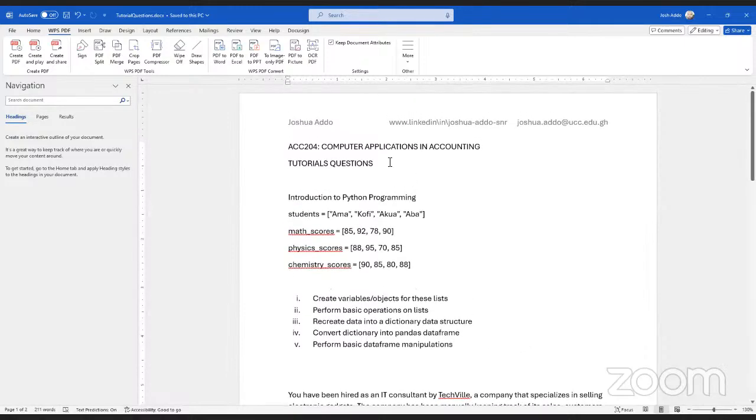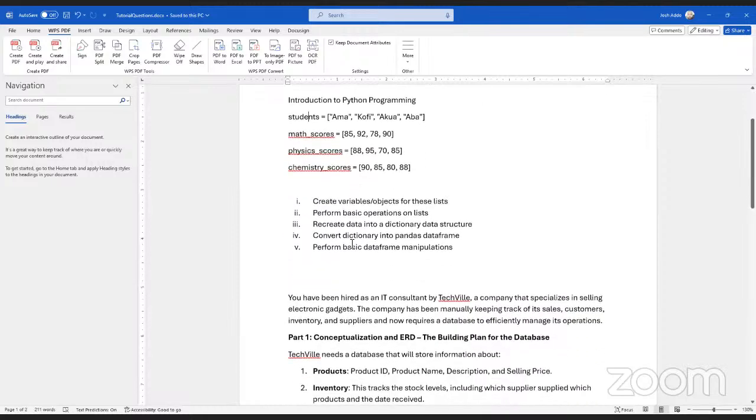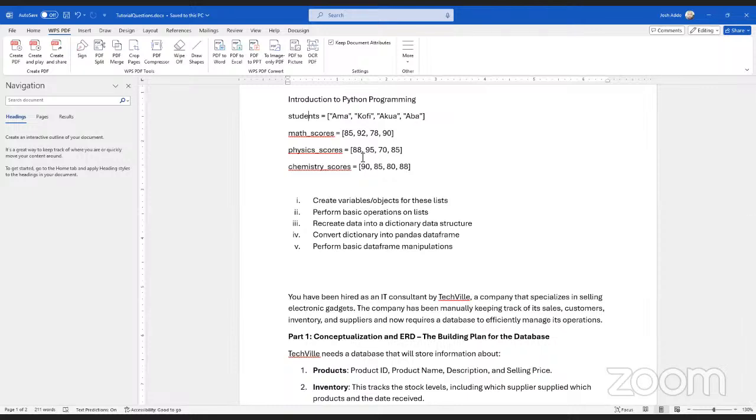So what that means is that unlike lists, where we can use the index position to access that element, we cannot use that same technique in a dictionary because dictionary items don't have index numbers. So we use the keys as the means of accessing the values in the dictionary.